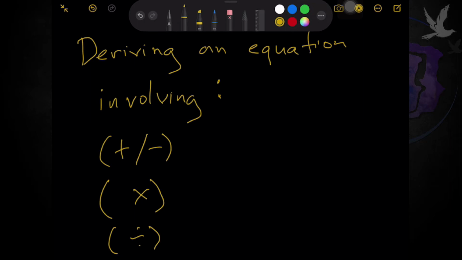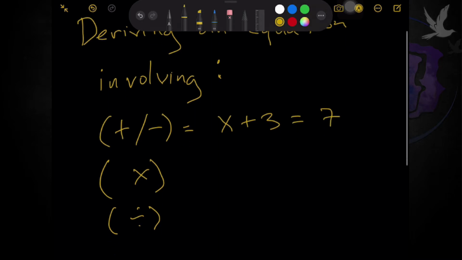So there, kids, today you're going to learn how to solve an equation involving addition or subtraction. In this case, these are equations that look like this: x plus 3 equals 7, something like that. And involving multiplication, you will be able to see coefficients along with our variable, which is x in this case, such as 3x equals 21, something like that. Okay, so again,